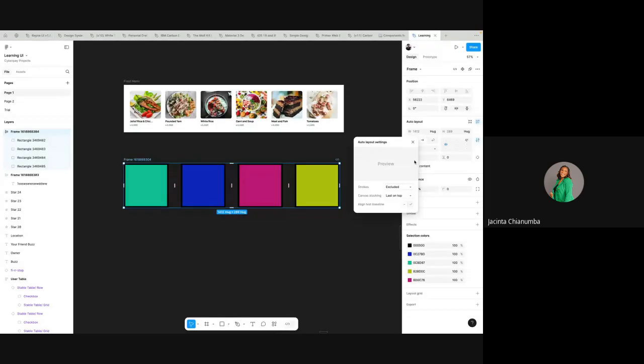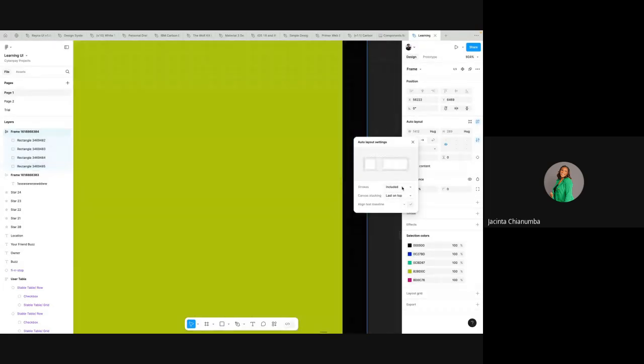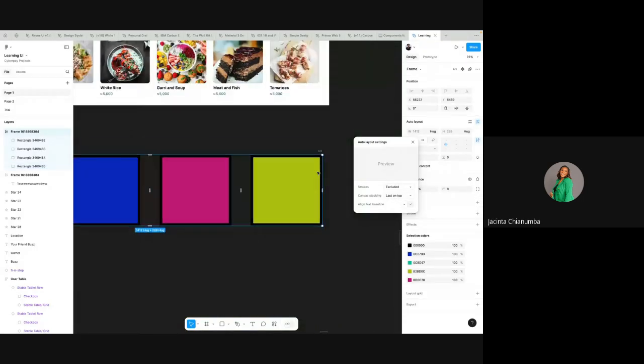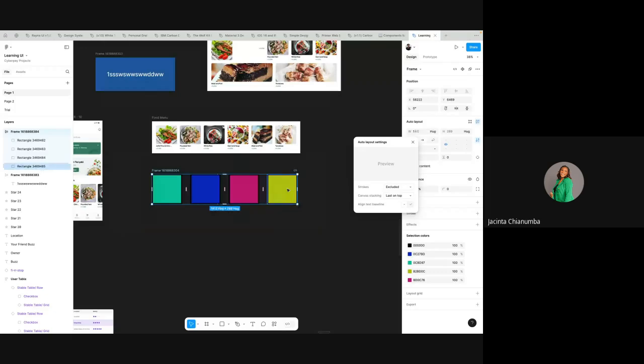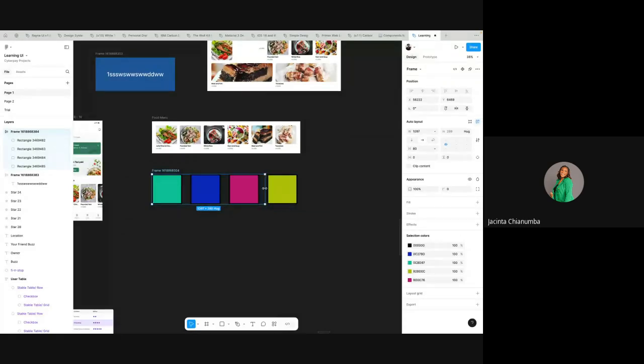Okay, so you click on it, and it's no longer following. You can see this same mistake is still happening: the box is not resizing according to the frame. So you can set it on